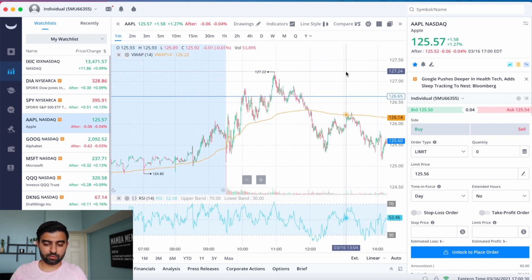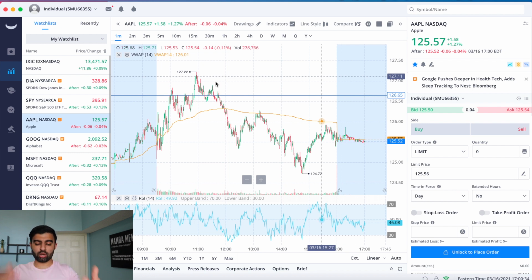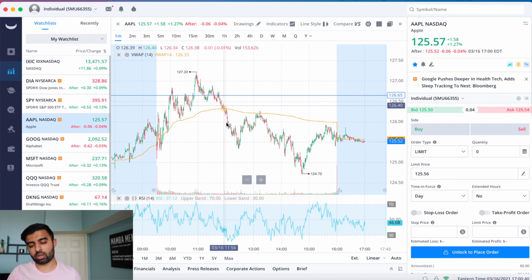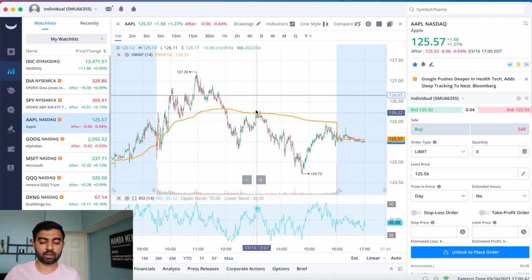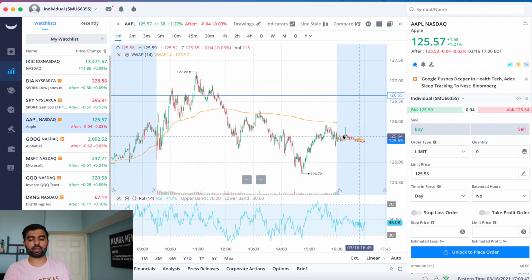finally breaking it. Unfortunately though, it did not sustain for too long. As you can see, we were there for maybe like 5-10 minutes. Then we bounced around the level and broke right below, even fell below VWAP. Pushed up, didn't have enough strength to make it through VWAP, 124.72, and then we finally came up kind of,